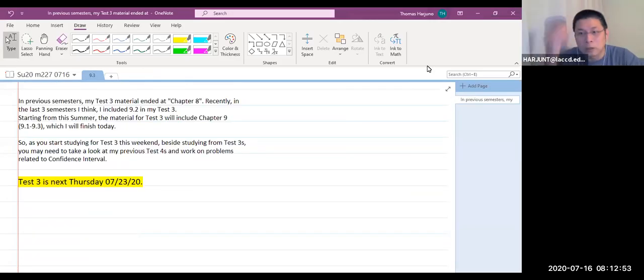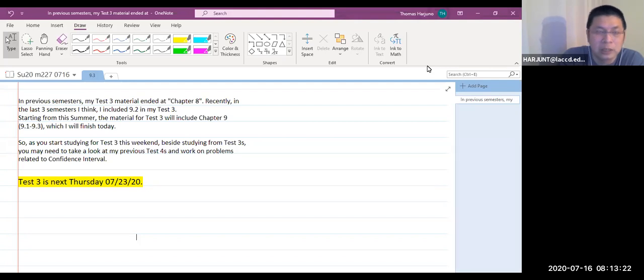Okay, so here's what happened in previous semesters. My test 3 ended at chapter 8. So I ended my test 3 with central limit theorem plus Bayes theorem. Now, recently, in the last 3 semesters, maybe 1 year, including winter or summer,